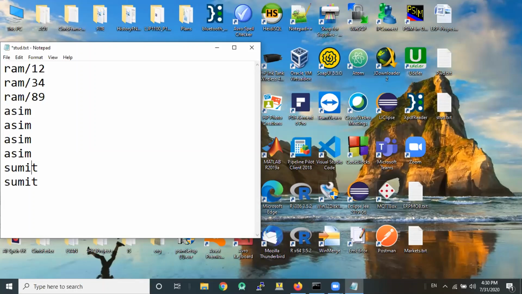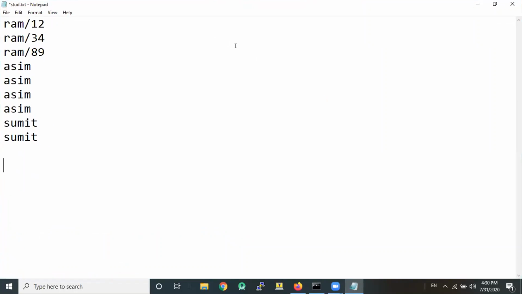How is it actually stored in the cluster? As we discussed, it's distributed in the cluster and the cluster does not ensure that all Ram's records are in the same node. So let's say we have it like this: Ram 12 is there and Oshim 34 is there and Sumit 78 is there in one node.